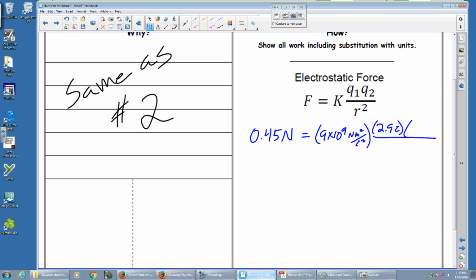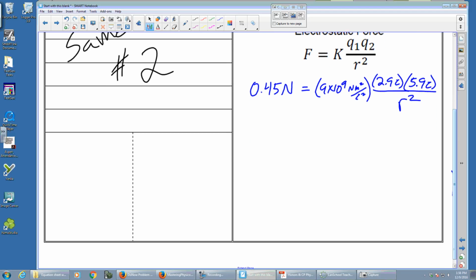And 5.9 C. And I don't know the distance between them, right? No, actually no. That's the force. So I do a little bit of funky algebra, right? And I'd end up with r squared would equal 9 times 10 to the 9th